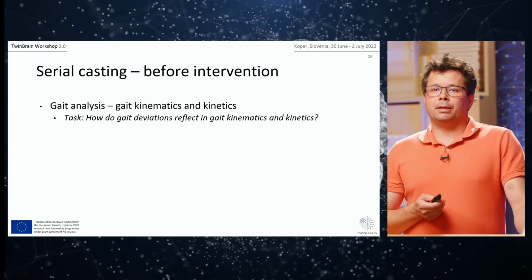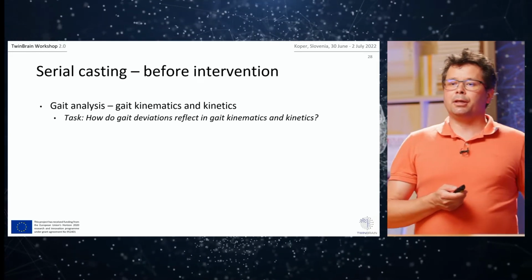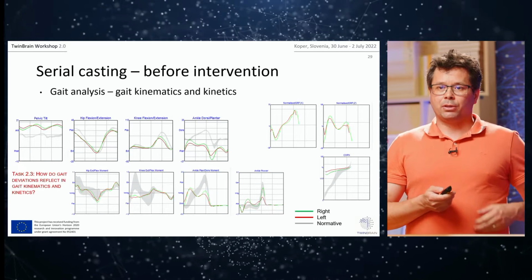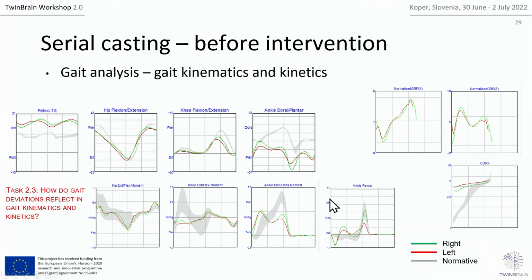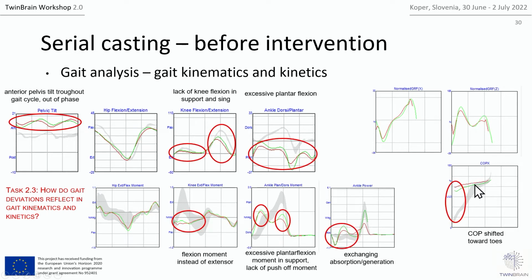But what deviations can we find in the gait kinematics and kinetics? So again, the top graphs show gait kinematics, gait kinetics are here on the bottom, and what we also see here is the ground reaction force in the anterior posterior direction, the vertical ground reaction force, and the displacement of the center of pressure. And if you start here, what we notice is that there is a quite significant shift of the center of pressure towards the toes, which is what we also have observed in the video that we saw earlier. So this confirms that